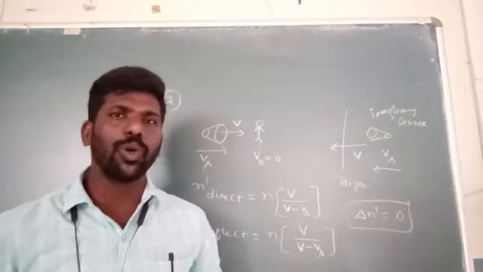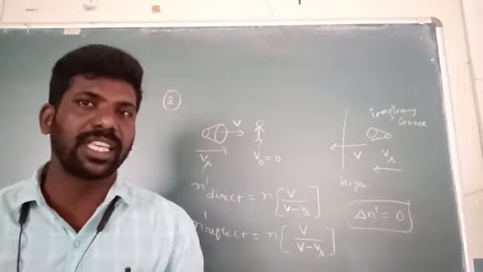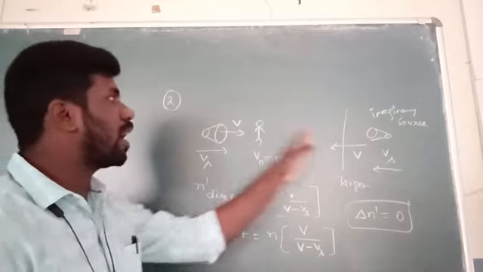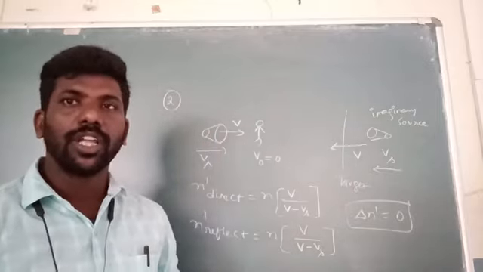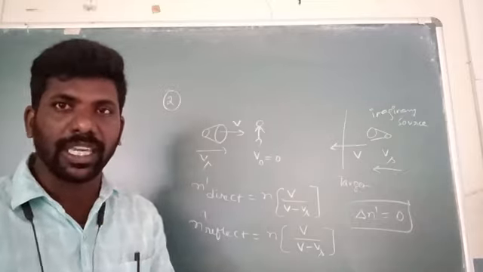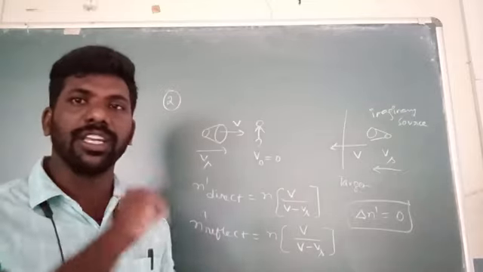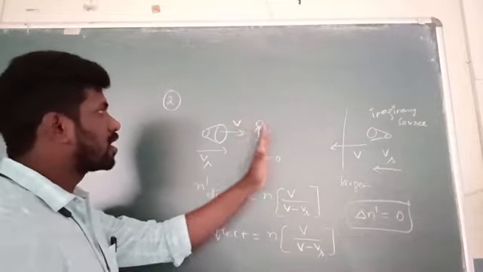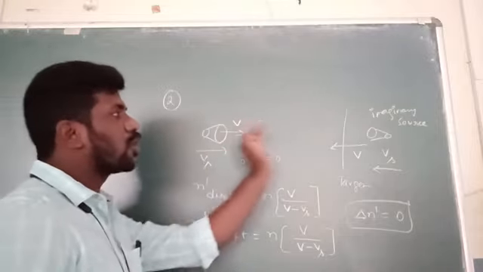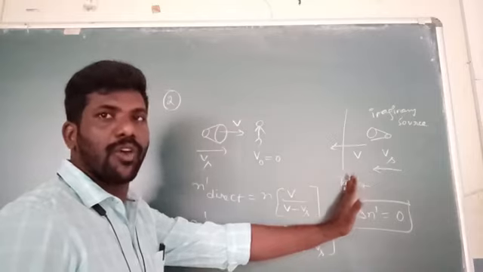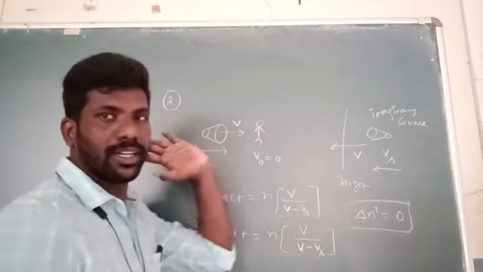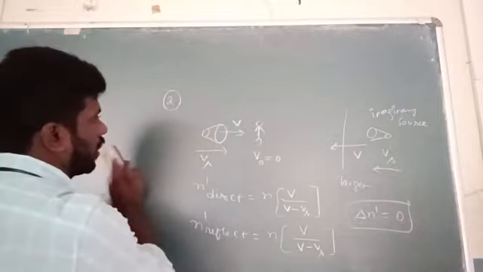From an objective point of view, they are asking for the apparent change in frequency when the observer is placed between a source and a target. There is no change in apparent frequency in this condition. That is, the answer is 0. Answer is 0. Do you understand? This is the condition when a source is moving towards a stationary target, with the observer placed between the source and the target.